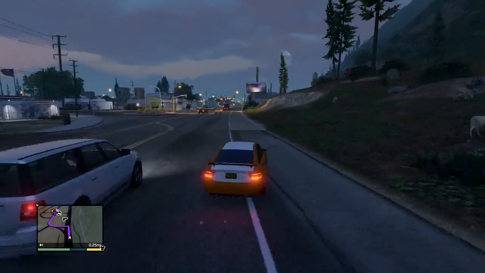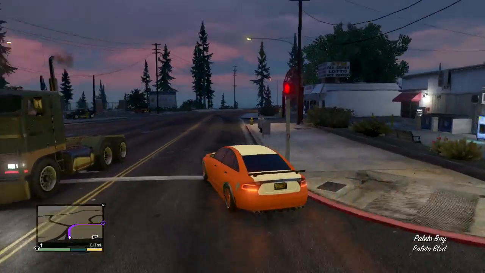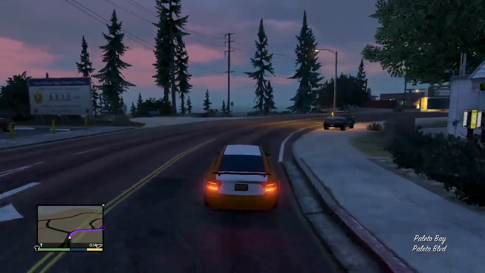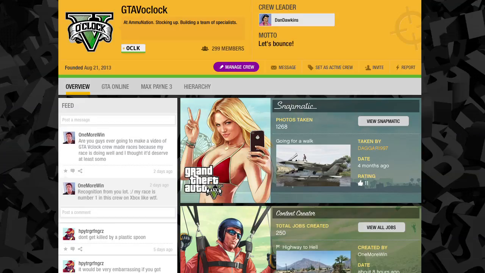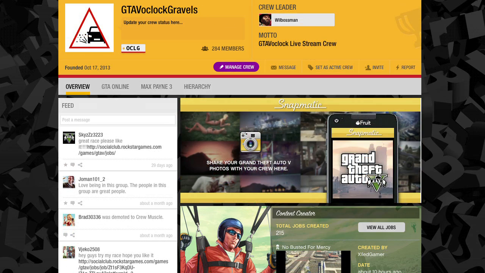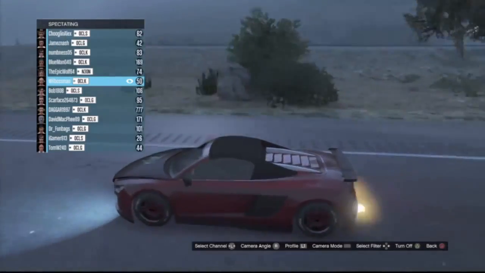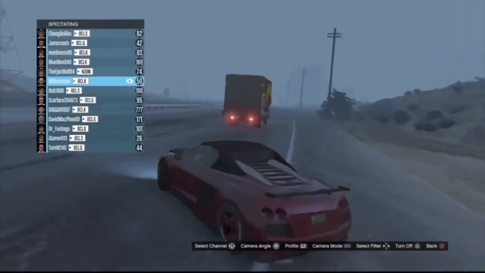Yeah, the details are yet to be confirmed, but it could be that we're on the edge of a breakthrough in terms of the way our crews work. We've got 3 crews with different sub-brands: the GTA 5 O'Clock crew, GTA 5 O'Clock Shadows, GTA 5 O'Clock Gravels. They've each got a crew limit of 300. We've got a limited number of spaces in each, but there are thousands on the waiting list for each,